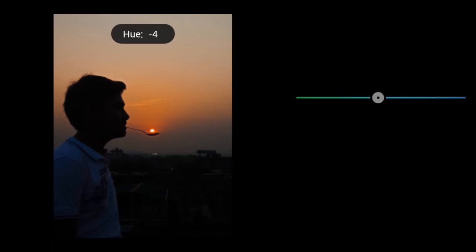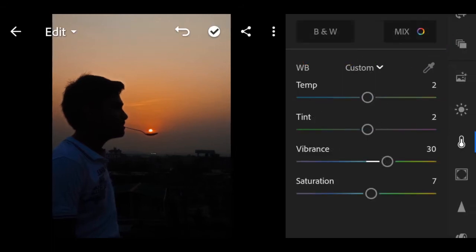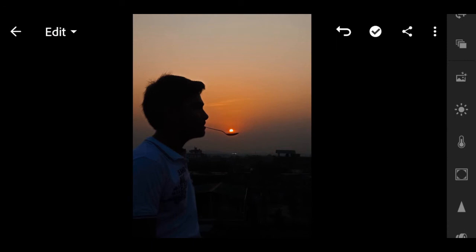Okay, it is done now. We have corrected this and now you can see the difference.